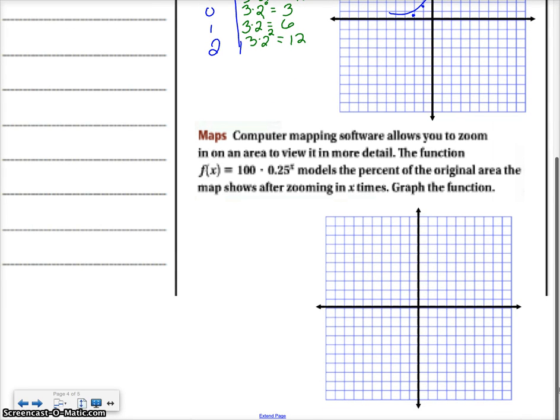Okay, and the last one that we'll do here, computer mapping software allows you to zoom in on an area to view it in more detail. The function